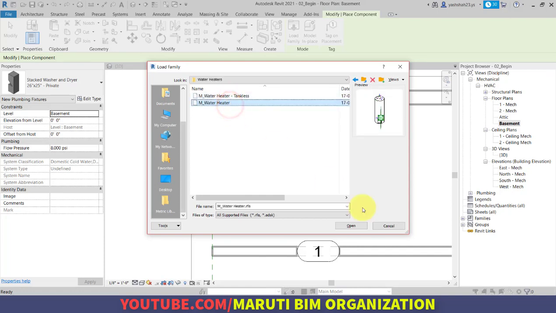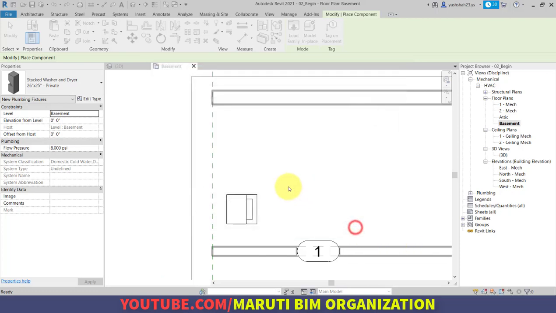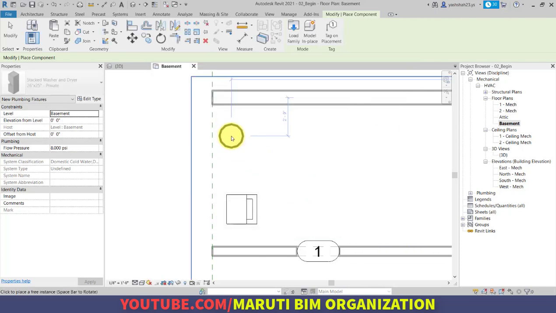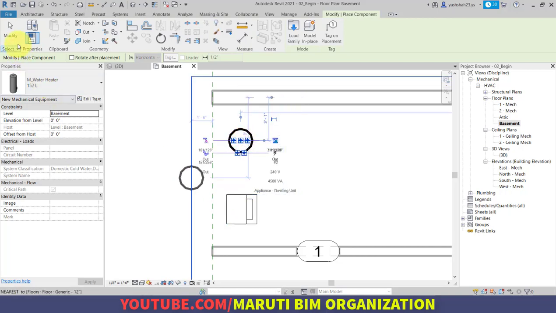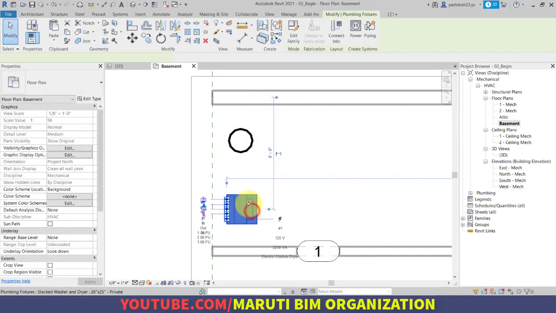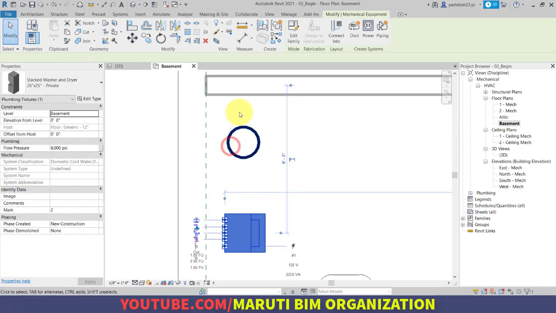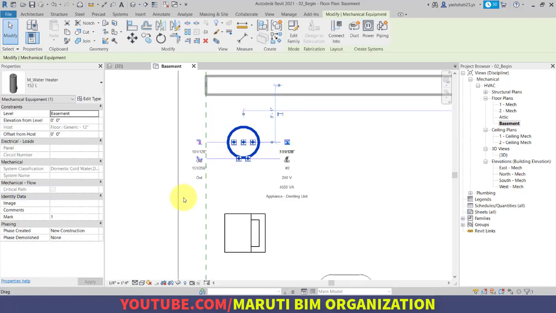We will use the water heater equipment and place it aligned with the washer and dryer. So with the washer and dryer, we have also placed the water heater.